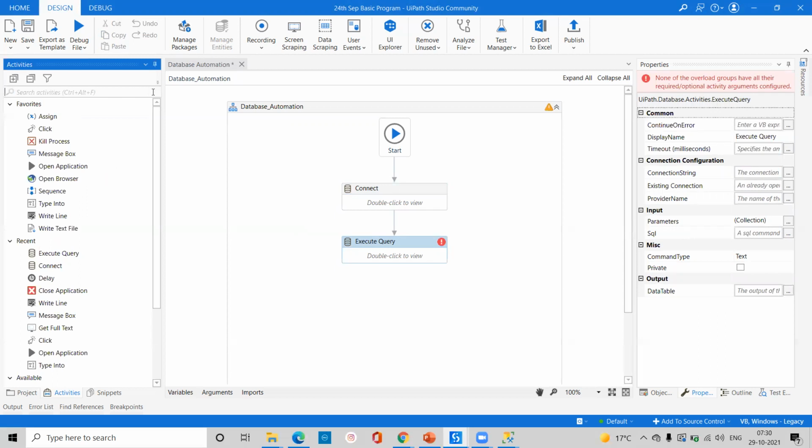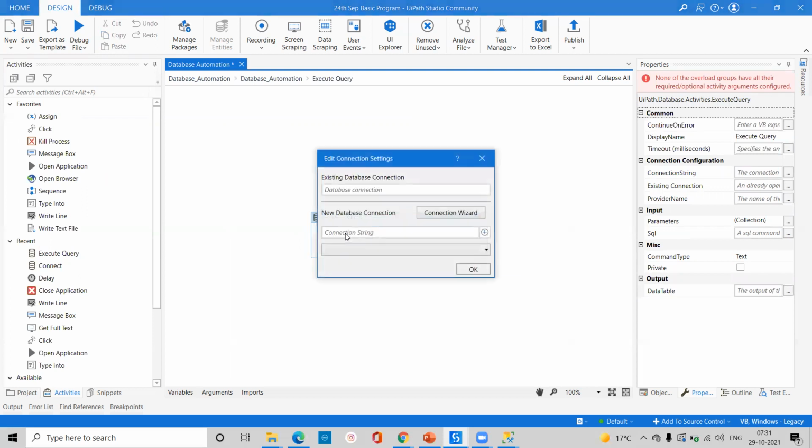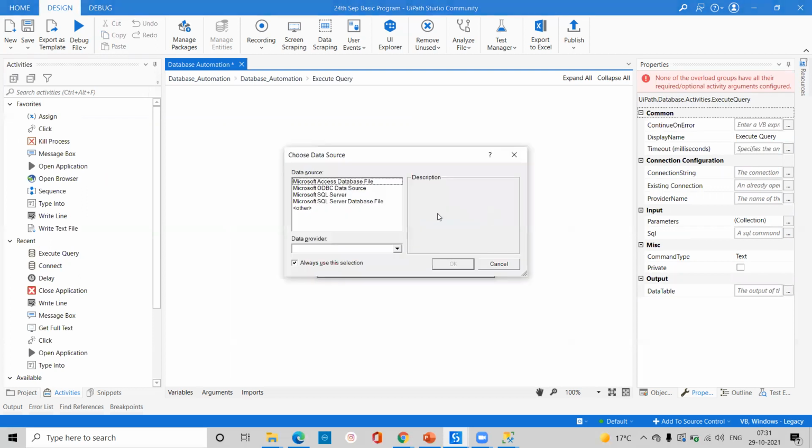So execute query, especially, we'll use the syntax like select data from table EMP. So if you want to run any type of query, you can take this execute query, and first we'll go for connection wizard, and we have to provide the same things whatever we have done there. So you have to click on OK.